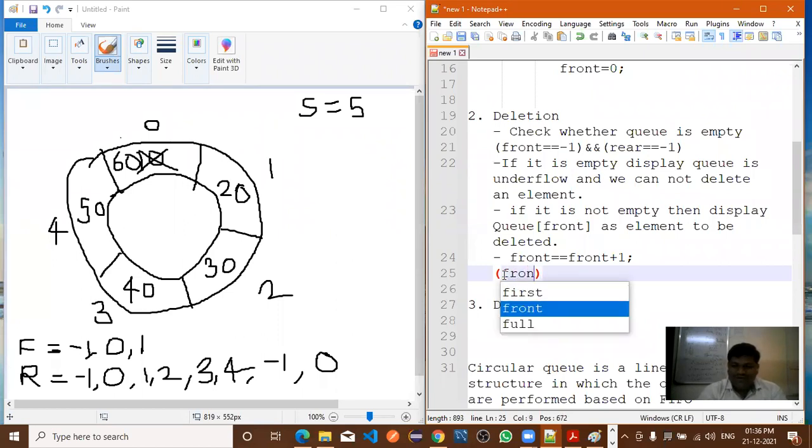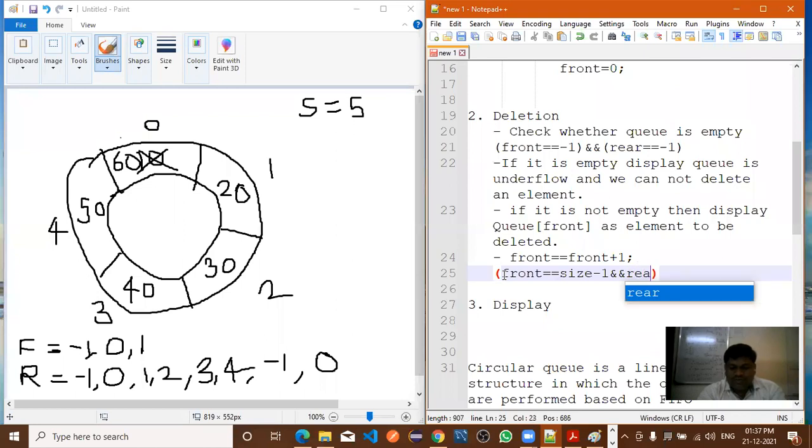Front equal to, this condition you need to check. Front equal to size - 1, and again what do you need to check?